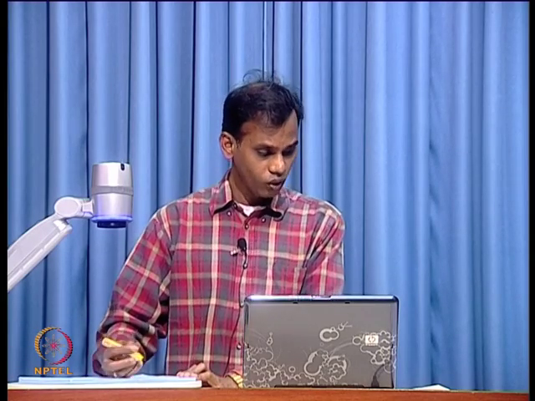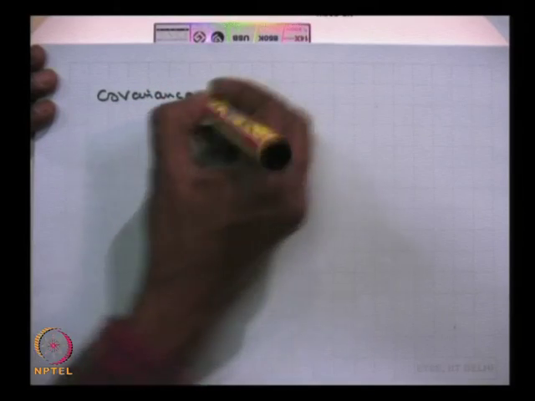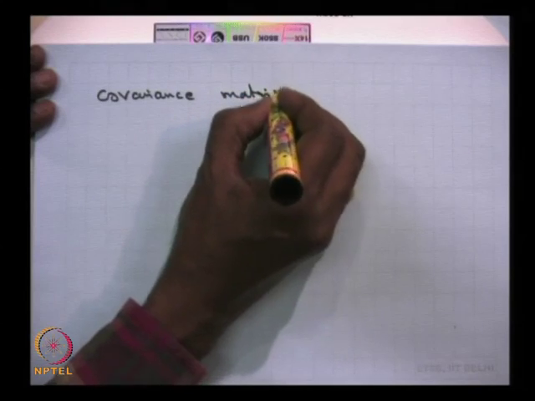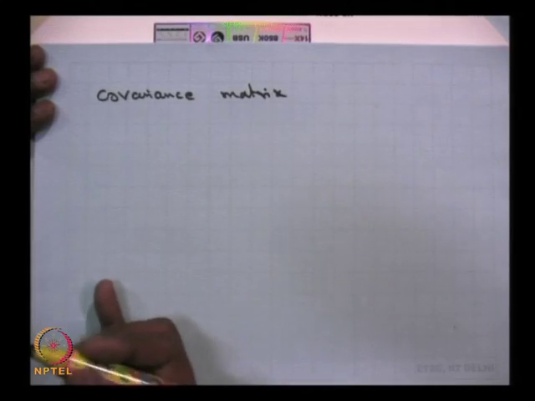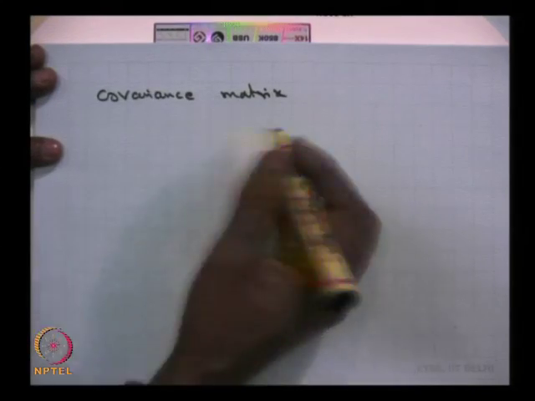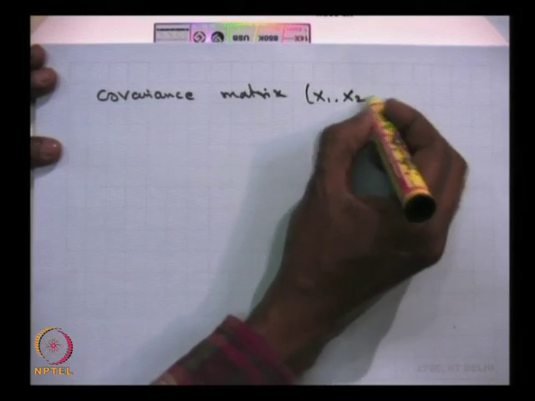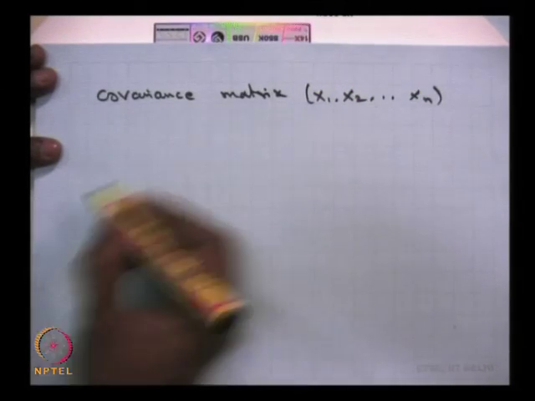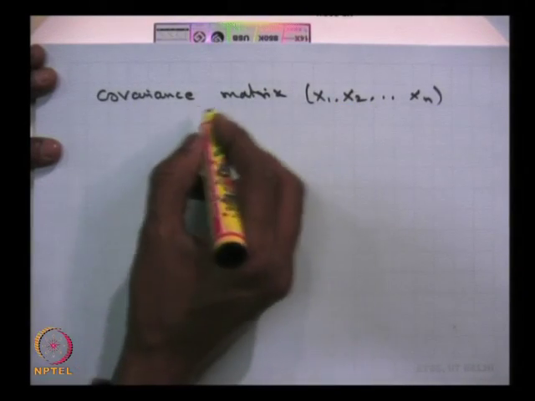So other than covariance, correlation and correlation coefficient, we need the covariance matrix also, because in the stochastic process we are going to consider n dimensional random variables as well as sequences of random variables. So you should know how to define the covariance matrix of an n dimensional random variable. That means if you have n random variables x1 to xn, then you can define the covariance matrix